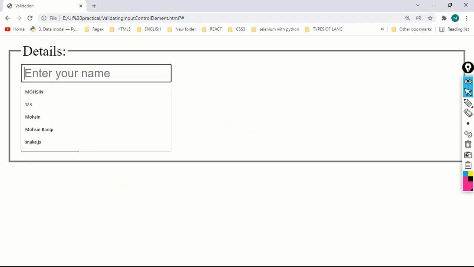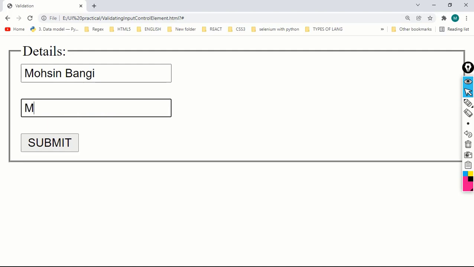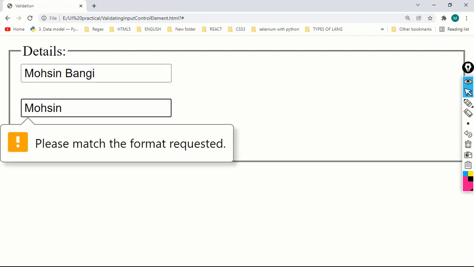Refresh, enter your name Mohsin Bangi. Okay, and here we have enter your number, but I am not typing a number, I am typing Mohsin, and click on the submit button. What is it telling?